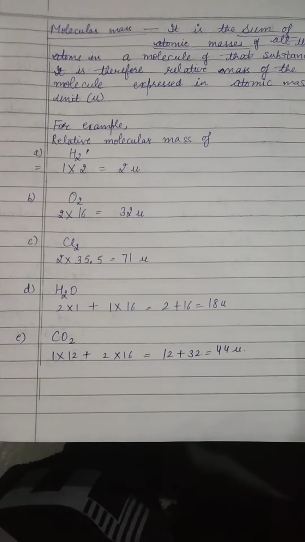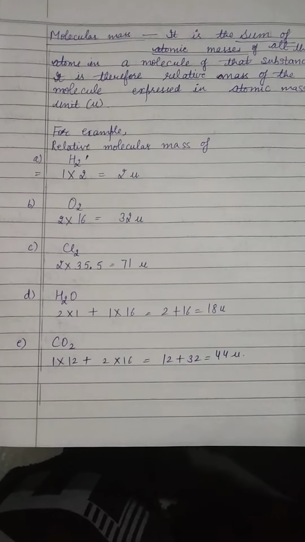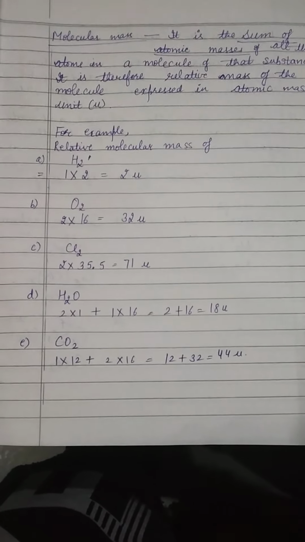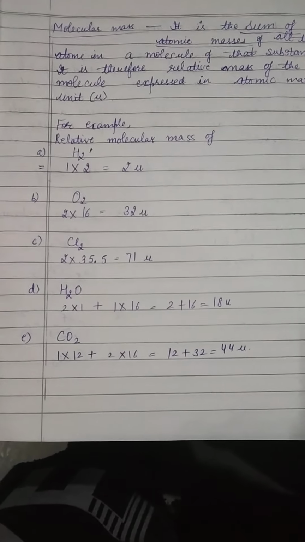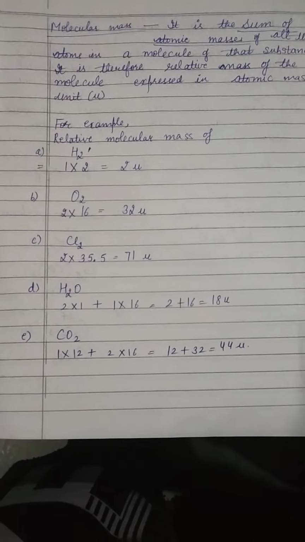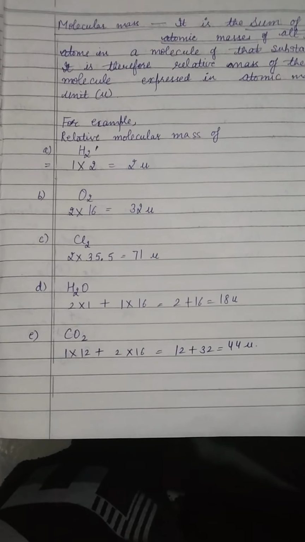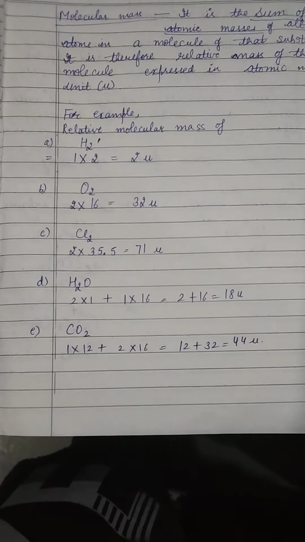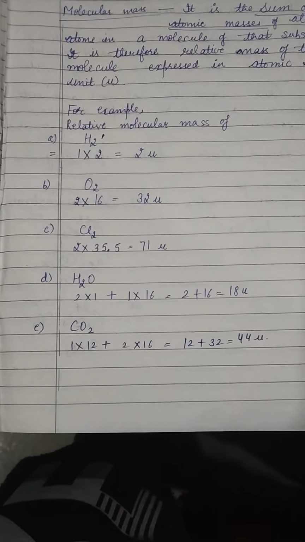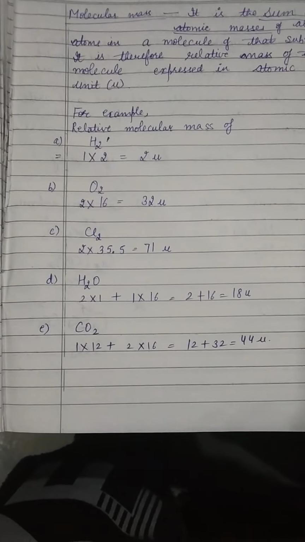In the same way, to find the molecular mass of oxygen molecule, we have to multiply the atomic mass of oxygen, that is equal to 16U, with its number, that is 2. So answer will be 2 into 16, that is equal to 32U. In the same way, we will find the molecular mass of chlorine, which is equal to 2 multiplied by 35.5